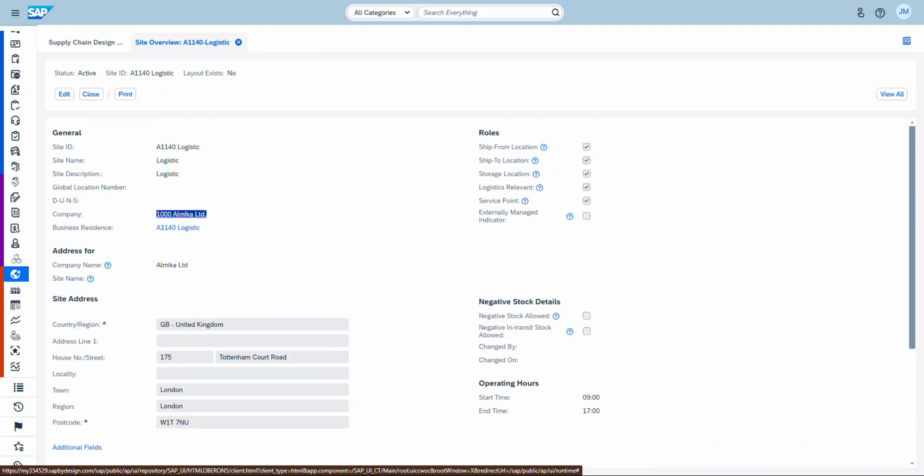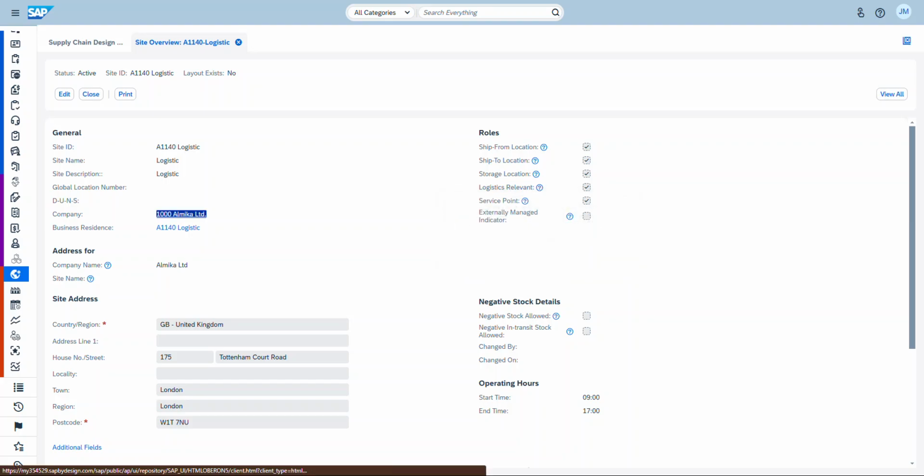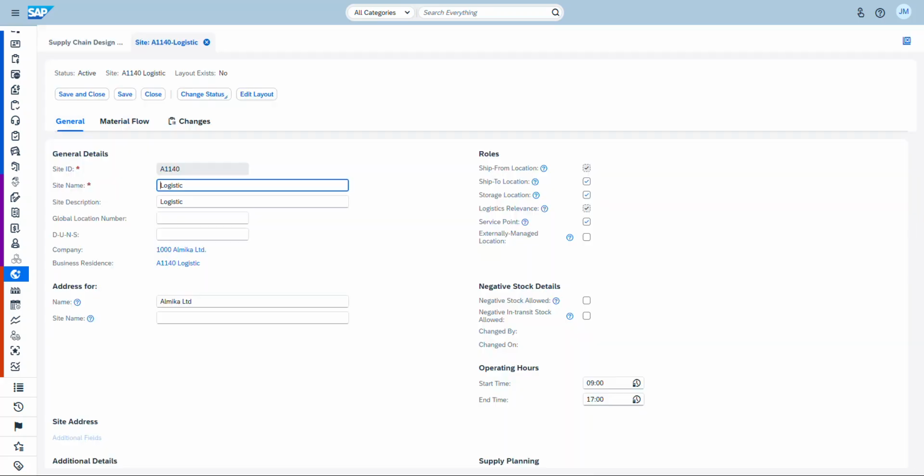Like we can see the roles that are applied. So we have the ship from location, the ship to location, the storage location relevant. So we have the logistics relevant for logistics operation. Okay. We can also edit this location to check or uncheck, I mean assign or unassign, some of these rules. So you can activate negative stock. You can allow negative stock if you want to